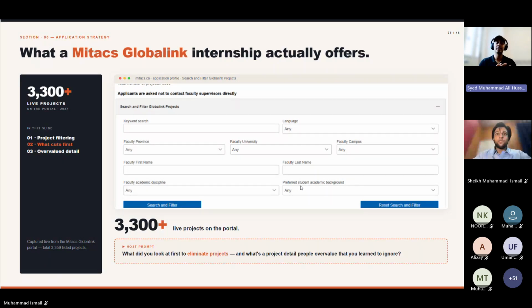That is how I shortlisted it down to 10 projects. So it's basically 3,300 projects, which seems overwhelming, but when you do a keyword search, for example, most of you are in computer, so some of you will be more towards cybersecurity, some towards AI, ML, machine learning, some towards software engineering, application development, UI, UX. So when you do the keyword search, it automatically decreases the number of projects. So it becomes more manageable for you.